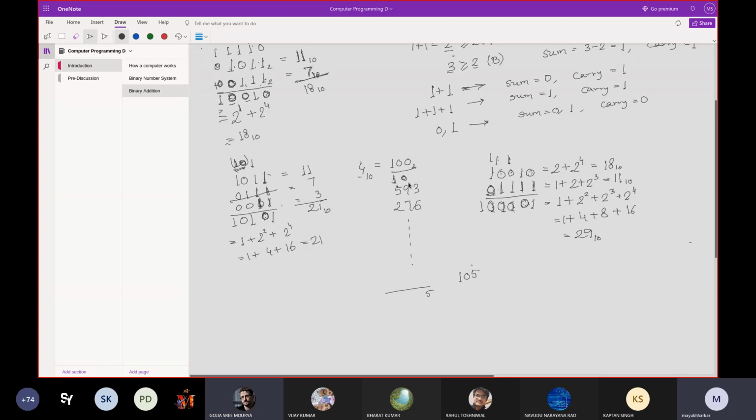Yes, sir. This is what is done. The same thing has happened here. The 4 ones, when they got added, 1 1 1 1, 4 ones got added, 4 in decimal means 100 in binary, 2 squared. So 100 in binary. So 0 came here, and consider something like this. This 10 came over the two columns together, and this is what happened here. Okay, sir.